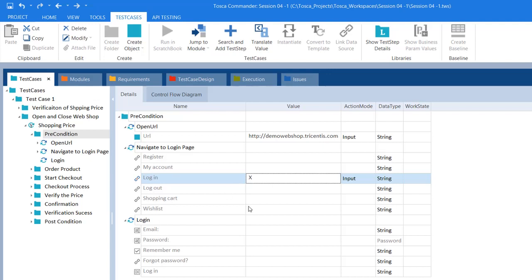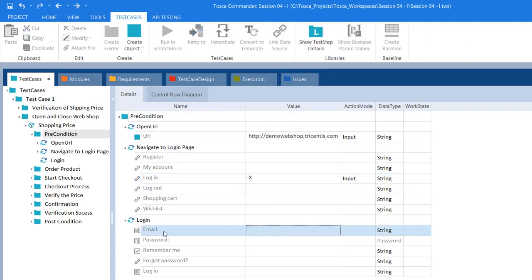Okay, and next let's say I want to enter. So as soon as you click on the button, you will be redirected to the login page, right? So now you will be entering the email ID. Okay, so entering the value for any edit box is this way. You just need to enter the text that you would like to provide here.